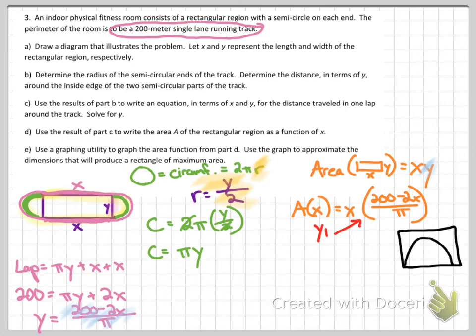You would do second calculate maximum, put your cursor on the left, press enter, put your cursor on the right, press enter, and your calculator is going to give you x equals 50 is the middle, and y equals approximately 1591.549. You have to use a calculator. There's no way to do this without it. Well, we don't want you to do it without a calculator. So then the answer to the question, use the graph to approximate the dimensions that will make a rectangle with maximum area. Well, the dimensions are 50